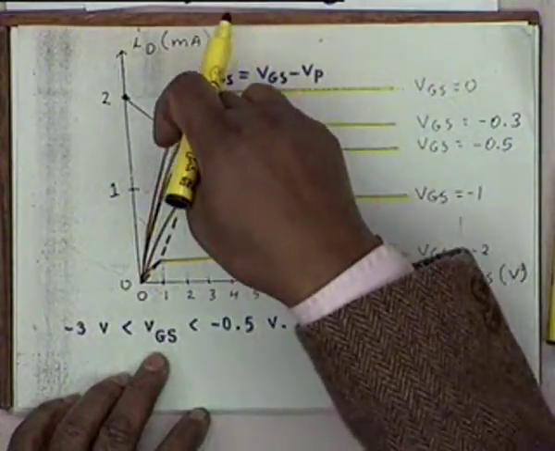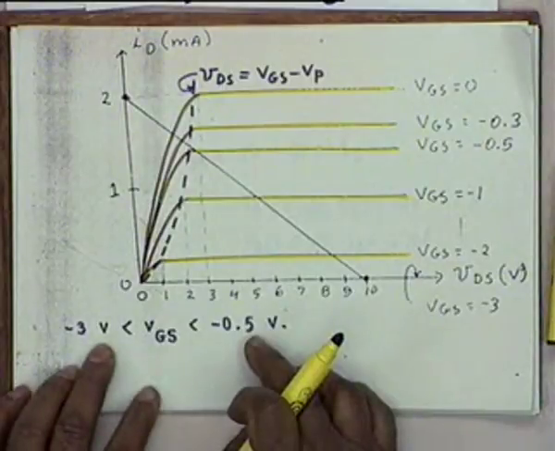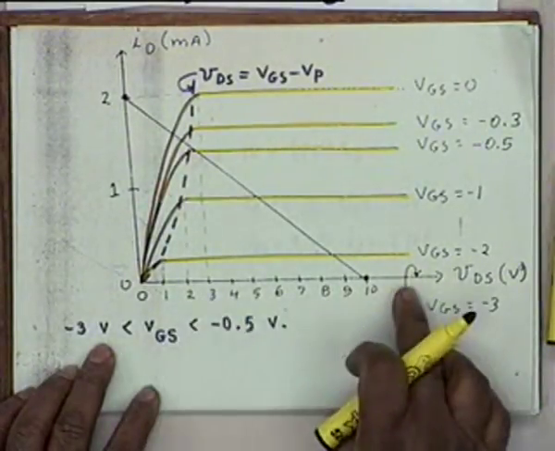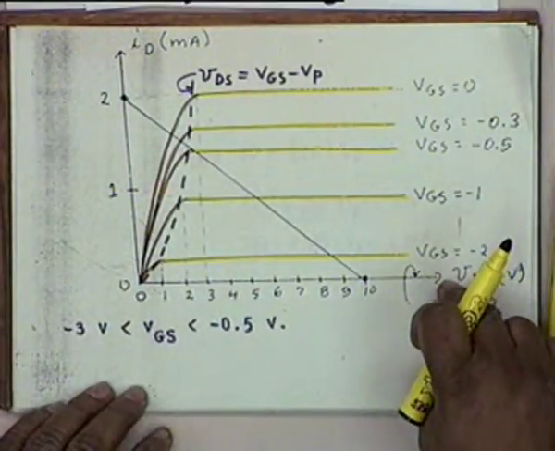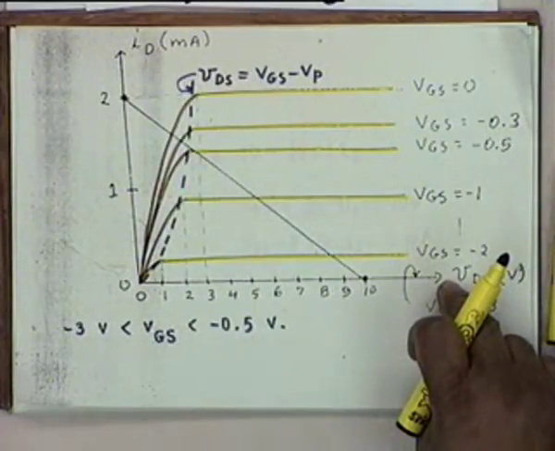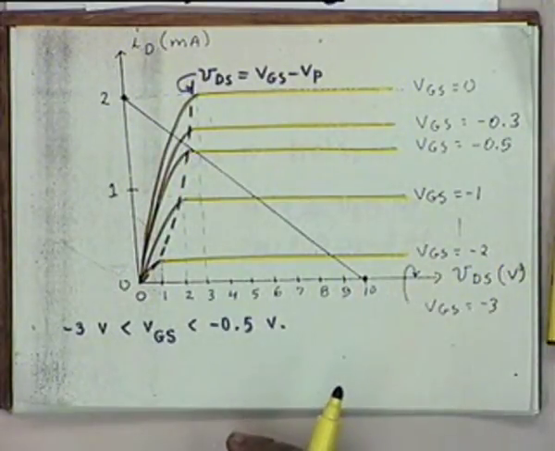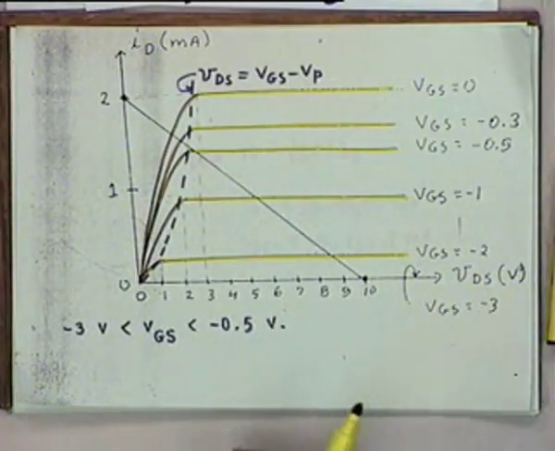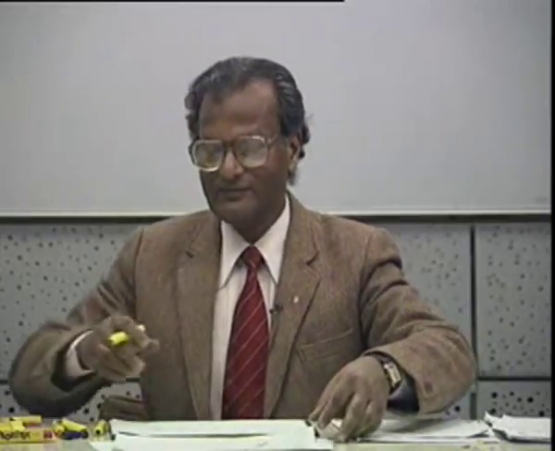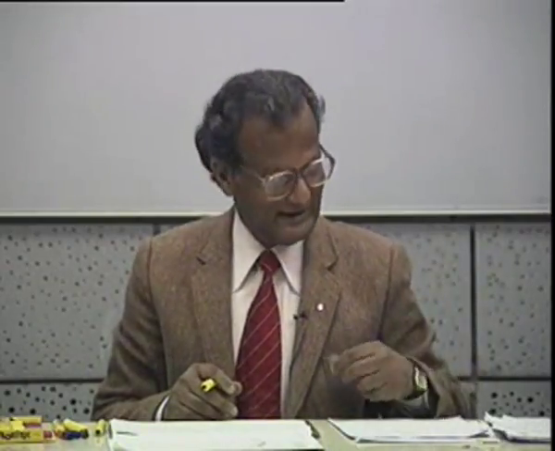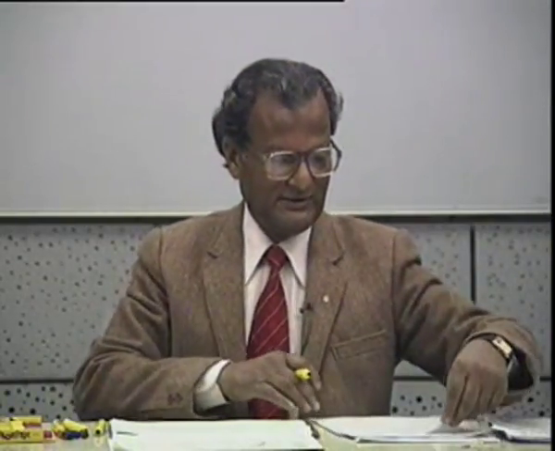If it is greater, then it goes into the ohmic region, and it must be greater than -3 volt, right? So this is the range of operation between VGS equal to -0.5 and -3, and VGS is exactly equal to Vin because there is no resistance at the source terminal, and that completes the question. So this is the graphical method for determining the range. Otherwise you have to argue it out: the load line, where does it intersect a saturation characteristic? So you can do it analytically also, that's no problem.